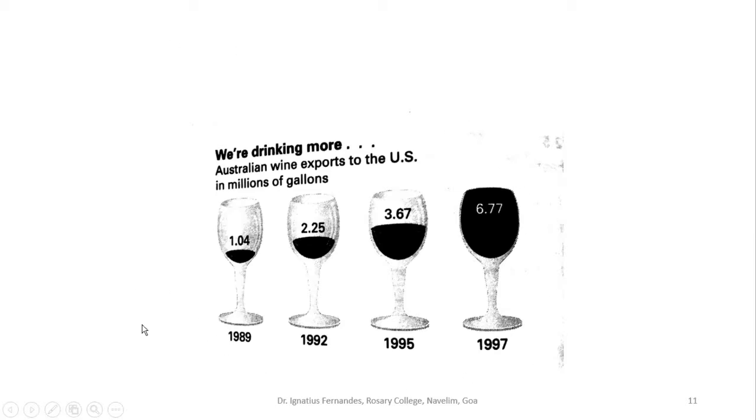But the problem again here is, how are you going to represent values more than 6.77? Let's say for example 8. This wine volume is not enough. You won't be able to represent values more than 6.77. So that's a problem with this picture. Though it is advisable to use innovations, you should also make sure that the origins, the scaling, everything is taken care of.